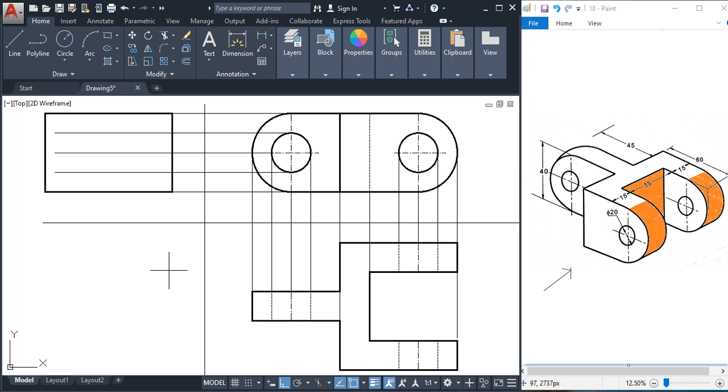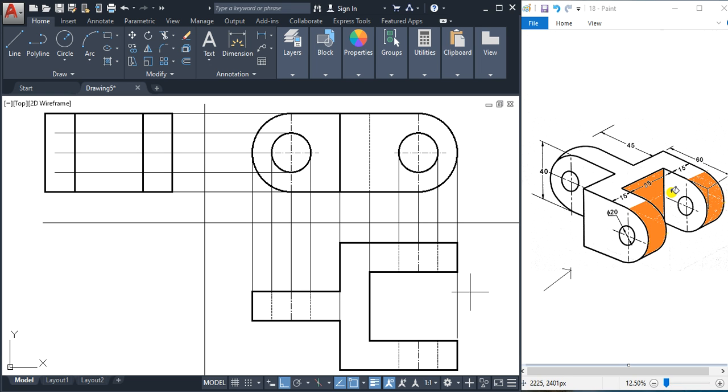Again, to represent these two surfaces like rectangles, this is of thickness 15, so we'll measure 15 from this edge and draw a vertical line here, and we'll draw a line here also. Once again we'll measure 15 here, and draw a vertical line here. This is a way to represent this surface and this surface, and the middle surface is automatically represented.